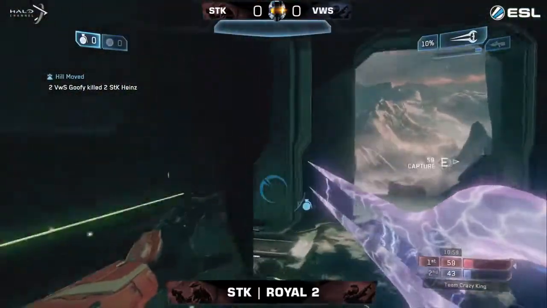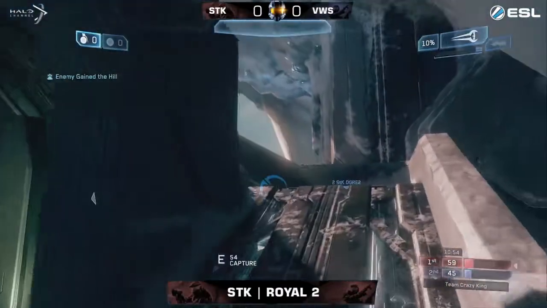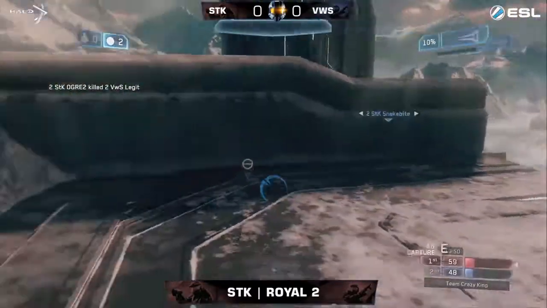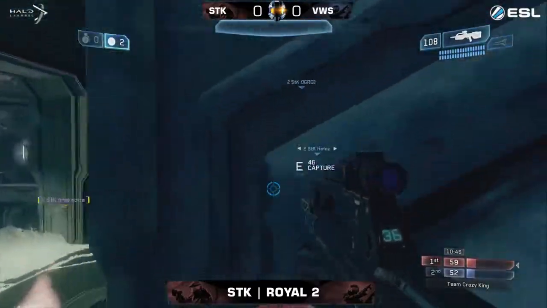As I said, that hill is seriously the most controllable. If you want to lock down one hill and get time, that's the hill to do it, and now they're up 59 to 45, so a 20-point swing there. Yeah, good stuff out of STK, most notably Royal 2 with the sword play, was able to get a couple key kills in there, as well as